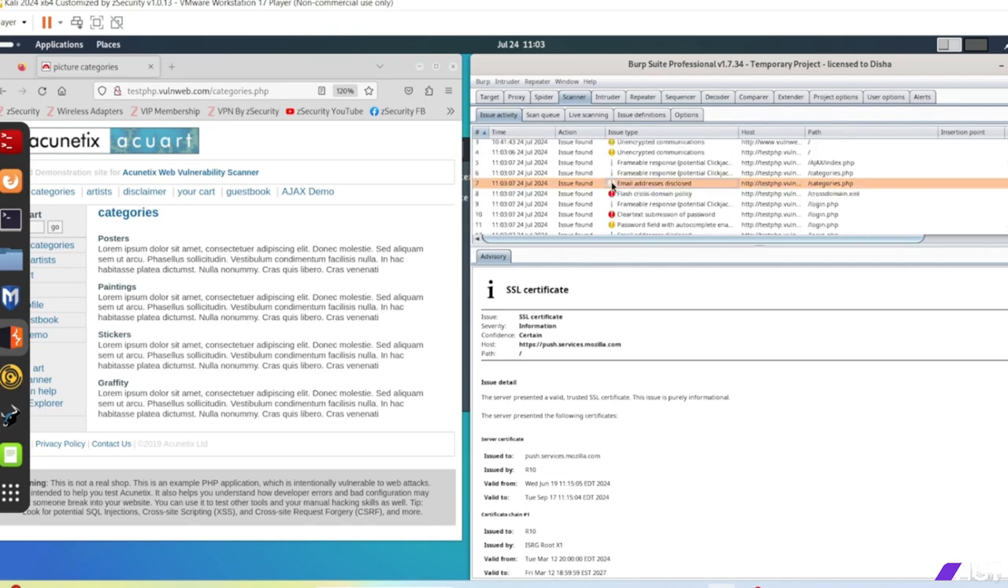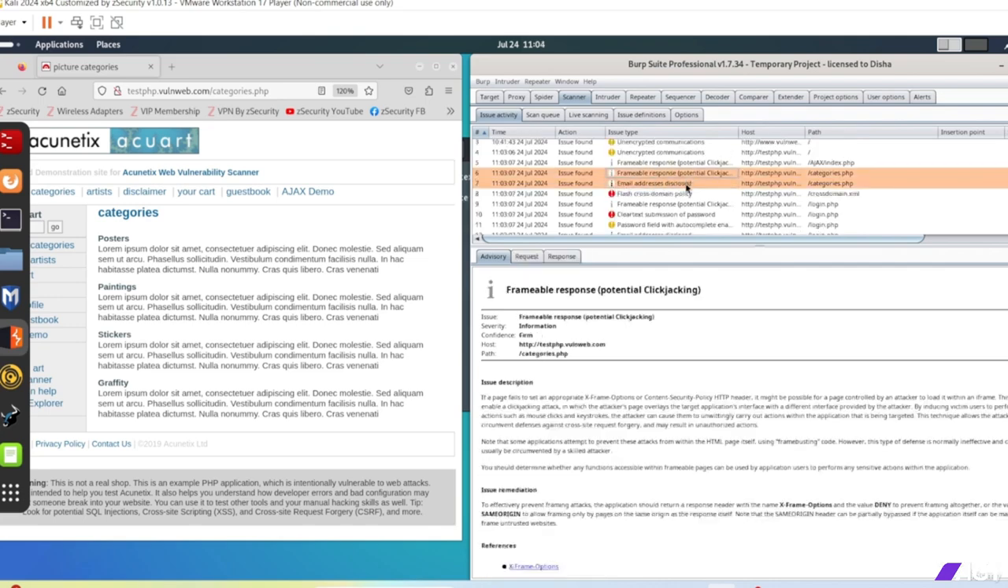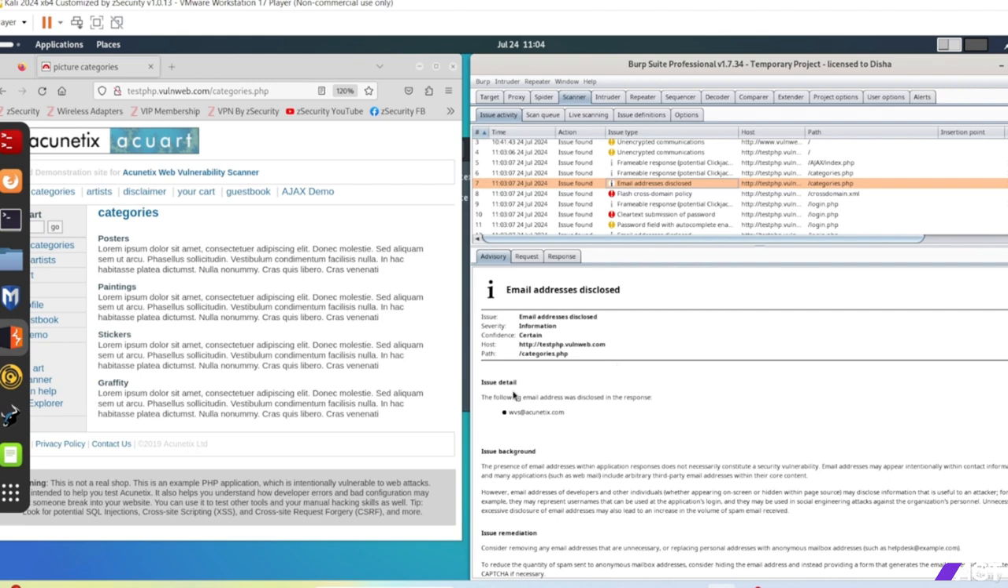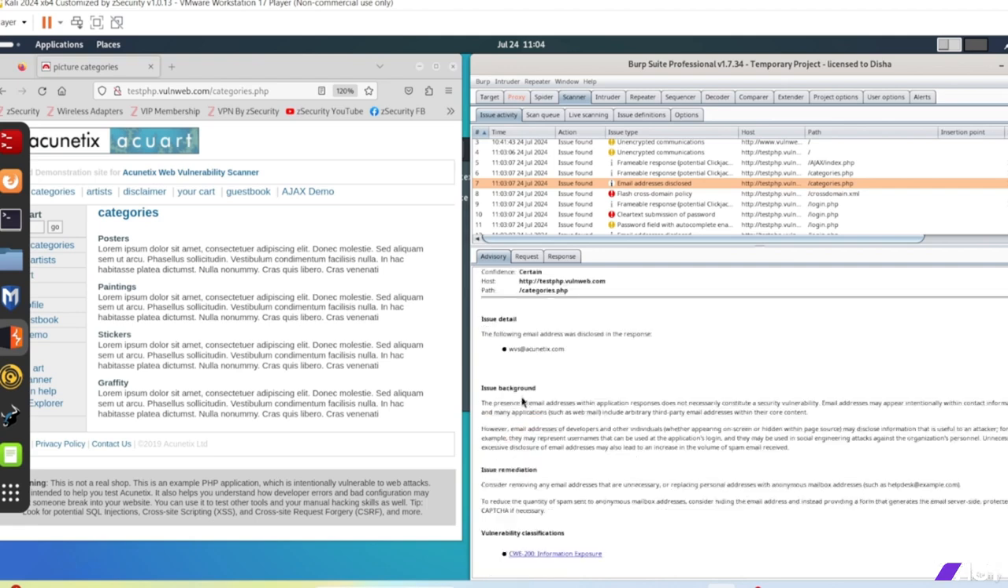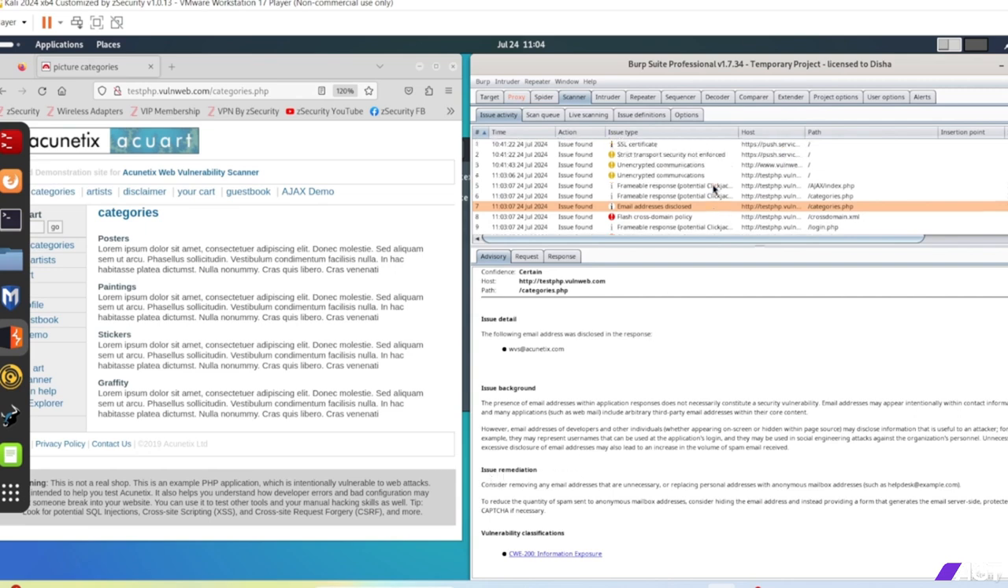You can see email address disclosed. Issue detail, address is disclosed. So anyone can hack this website. Issue background, what is the remedy? All you can find here. But